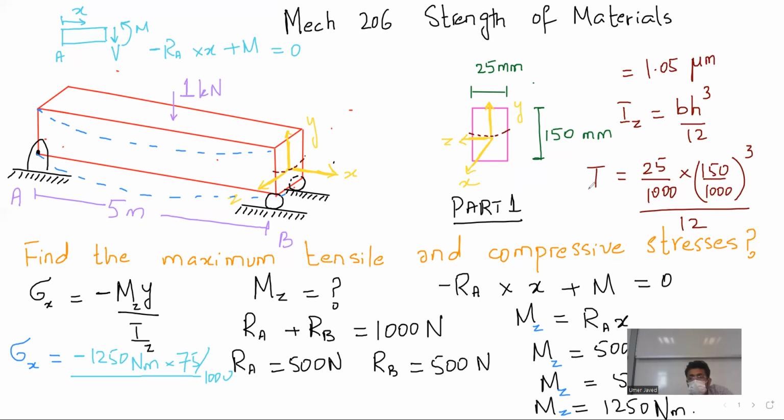Iz. Do the number crunching and I will get 1.05. As I told you, I am the one who is taking these numbers, so I was a little careful. I hope that the answers are not unreasonable. So the stress X comes out to be